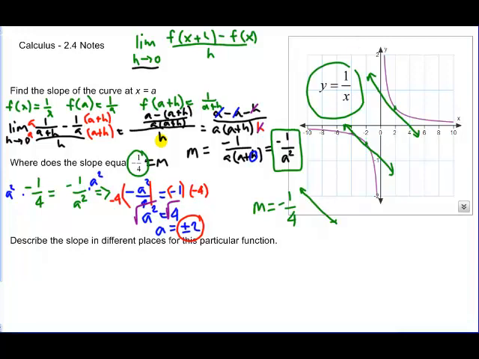The last one is to describe the slope in different places for this particular function. And all that means is we get to pick some different a values. So we could let a equal 2, which we looked at, or we could let a equal 5, or we could let a equal negative 6. And basically all you're wanting to do to investigate the slope is if you're given different values of a, and remember these are all x coordinates,